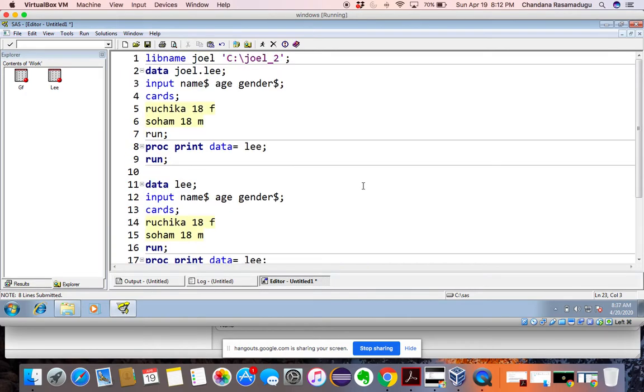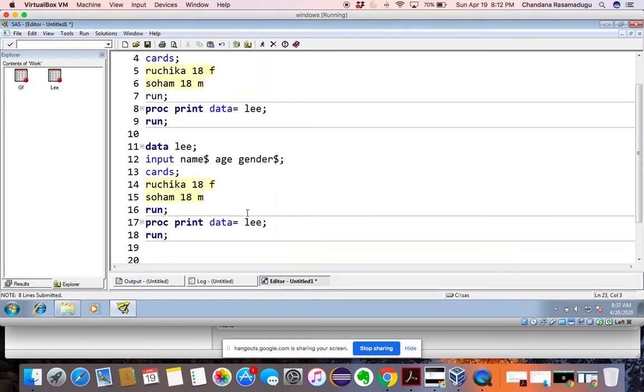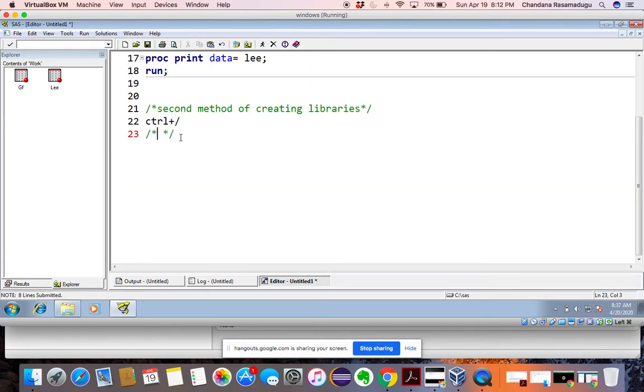This is the second method; the first method is what we used. Control plus slash is the shortcut to enter any comments in the editor window.